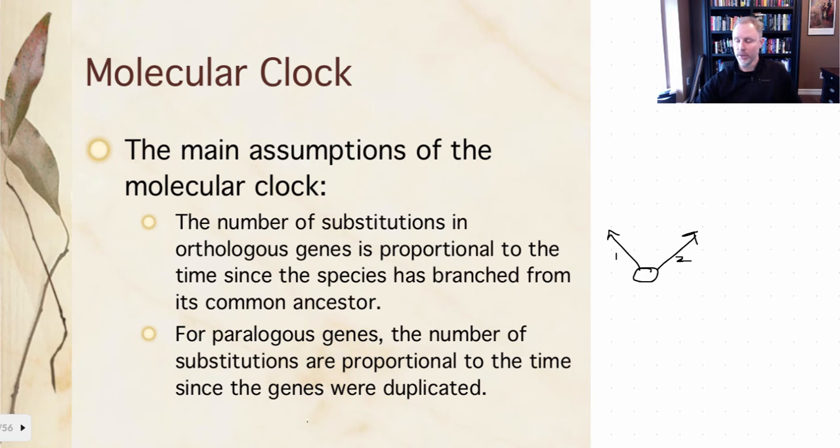Okay, and when you're looking at paralogous genes now, these are genes where you have a particular organism that goes through time, and then as time passes on, you're going to have these gene duplications that are going to occur, and these are going to occur in a proportional amount. So it's going to give you a kind of reference in making an assumption that these changes that you're seeing are occurring